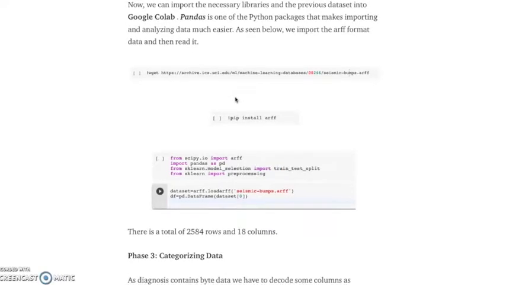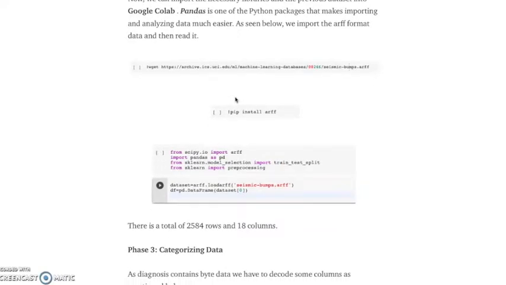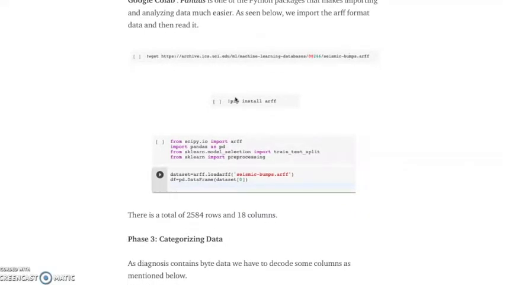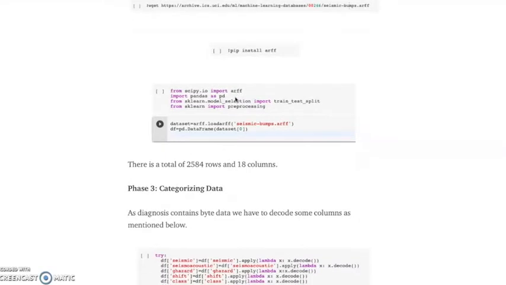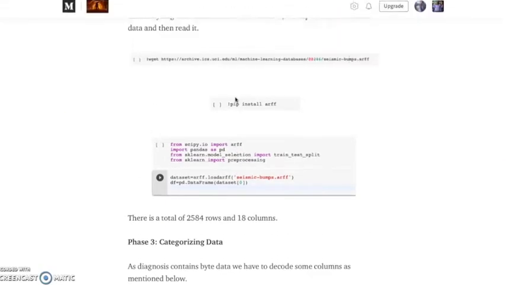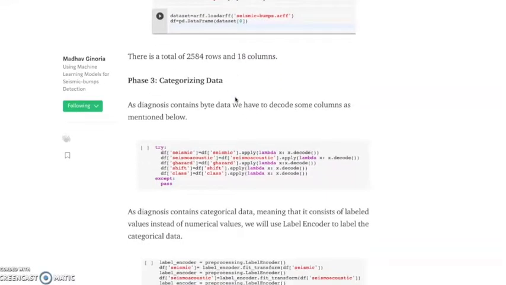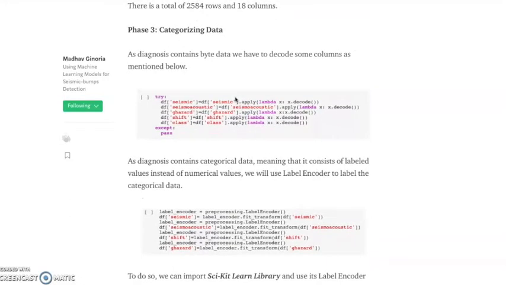Now there is phase 2, exploring data. We import the necessary libraries and the dataset into Google Colab, and Pandas is one of the Python packages that makes importing and analyzing data much easier. As shown in the figure, there is a total of 2584 rows and 18 columns. Now we proceed to phase 3,